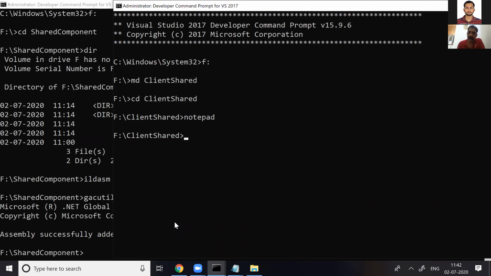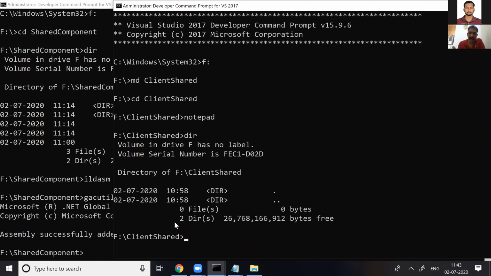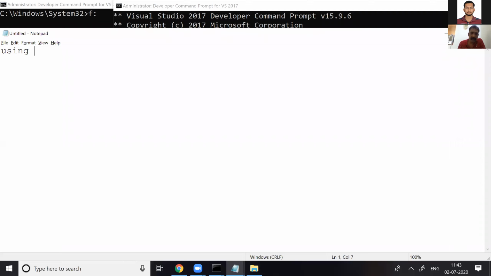In the last session, you saw my recording. I was trying to access from the default folder and I was getting public key token null. I was getting some exception, right? So now I'm making a small program in notepad. Now, using IT, I'm accessing the namespace of that DLL. I have taken the class client or test.